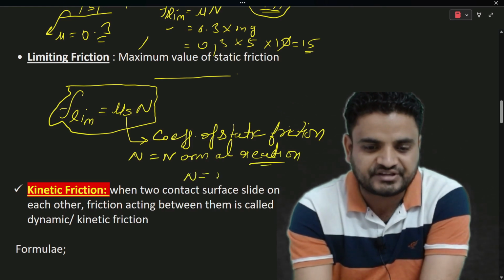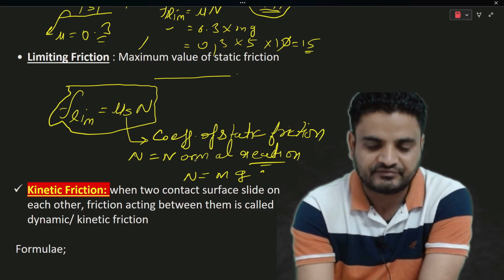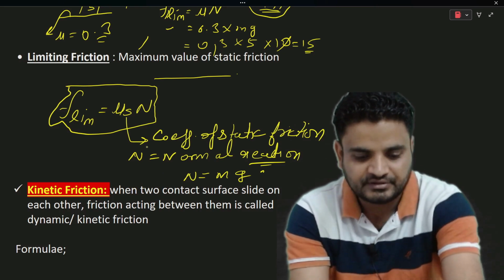Which is equal to mg. Clear? This is our limiting friction formula. We can find the limiting friction value. Second one is